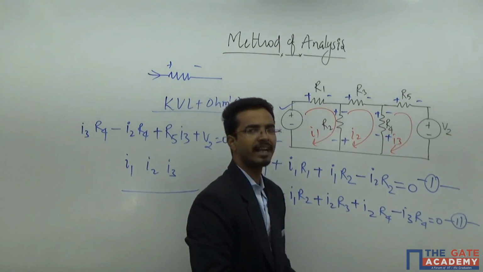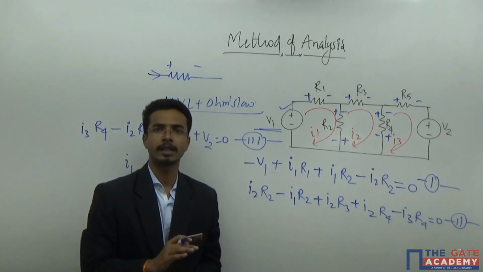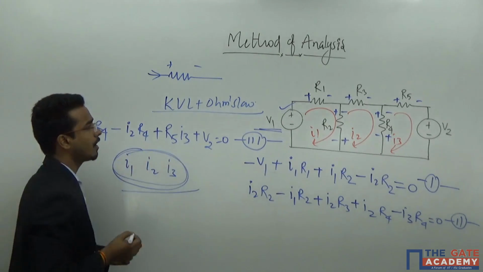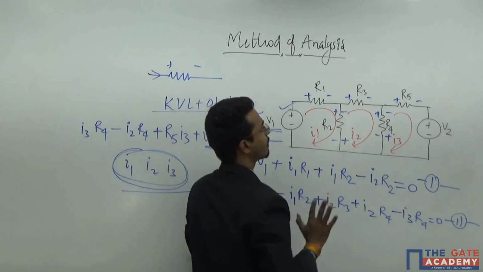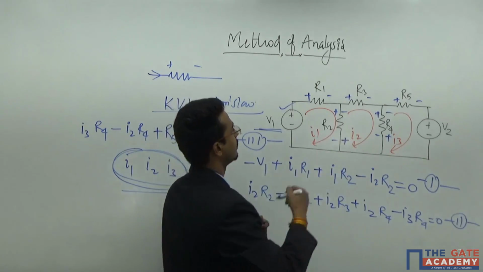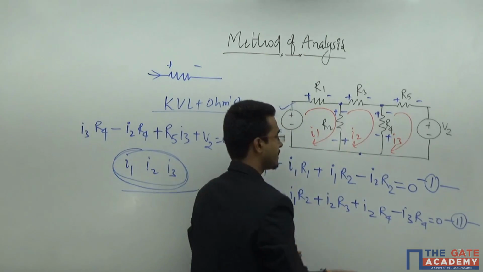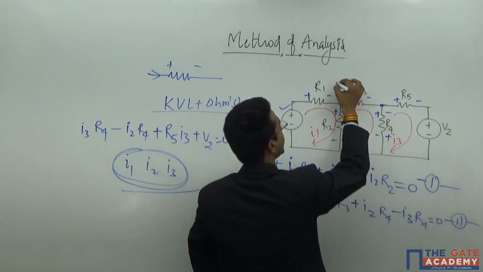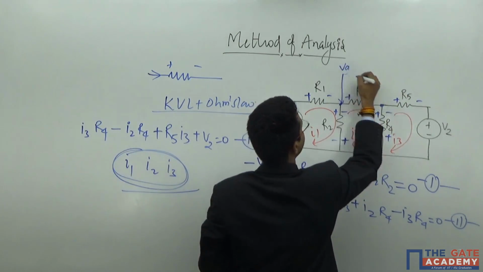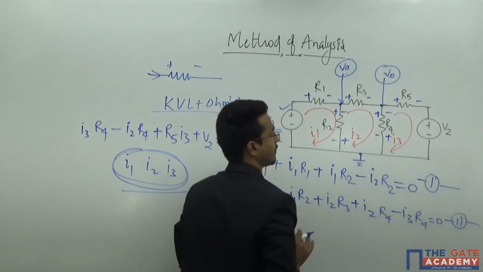But how to decide the method? Where should I apply the mesh analysis? Where should I apply the nodal analysis? Here how many mesh equations are required? 3. Now justify how many nodal equations are required. Firstly I will judge how many nodes are here. First node, second node, and this is my third node. I will assign the ground here. Only this node potential V1, this I am saying VA, and this node potential is VB. That means only two equations are required.